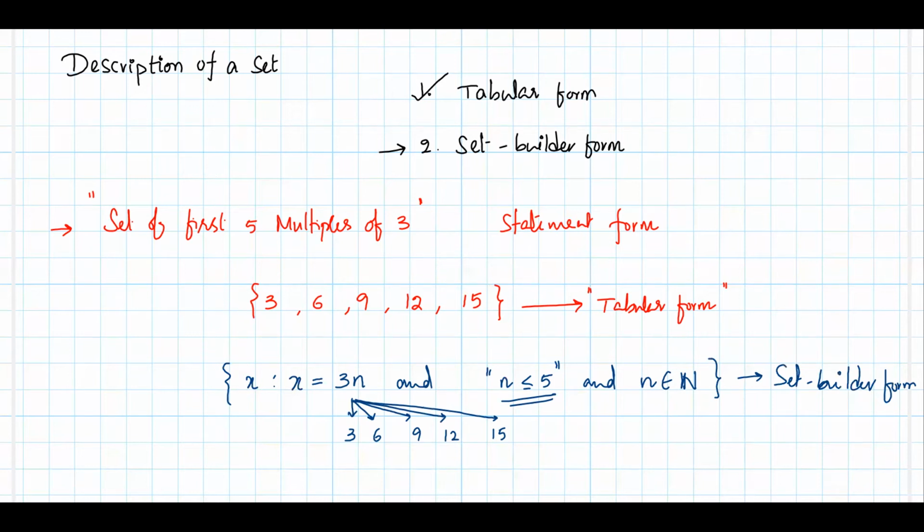When we have tabular form, why do we need set builder form? Just try to understand in set builder form, with a simple expression, just by keeping some range in the domain here, we can actually describe the entire set of elements. If there is a set which has infinitely many elements, then we don't need to represent all the elements. Sometimes we don't really find the pattern in the elements unless you present 10, 15 elements. At that time, we don't prefer tabular form. It will be lengthy, with so many elements present. It's a simple expression that tells the entire set of elements. So it is that easy.